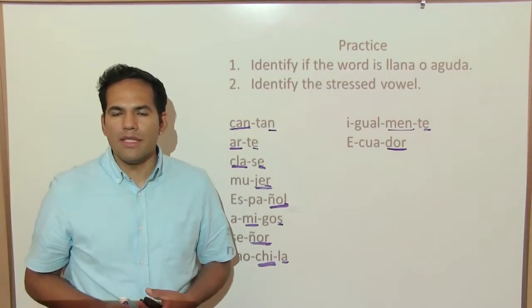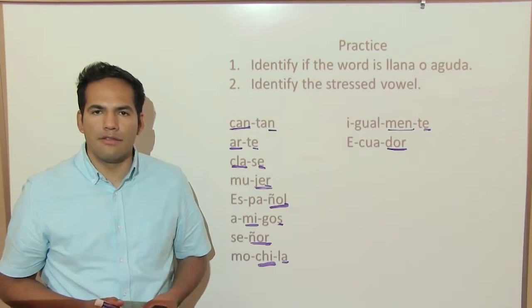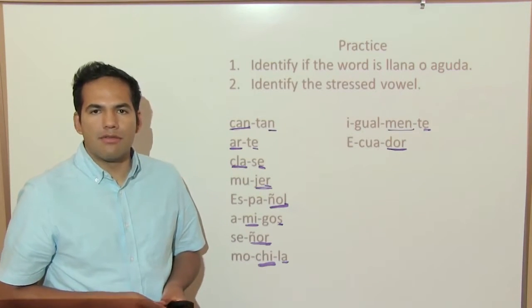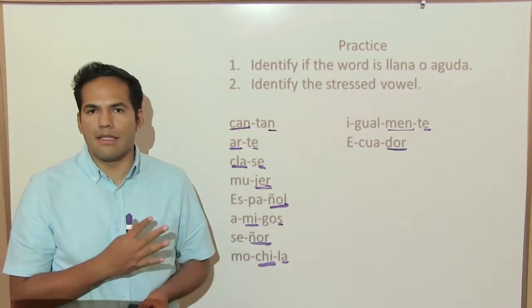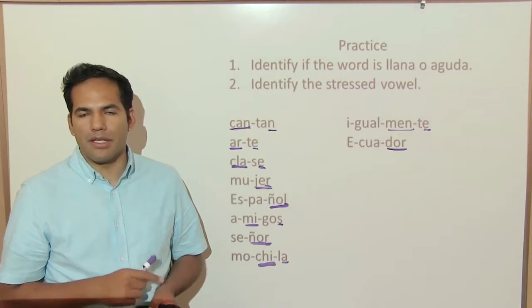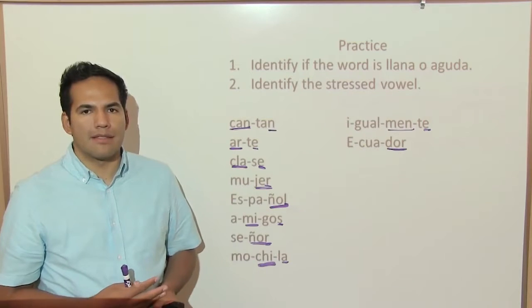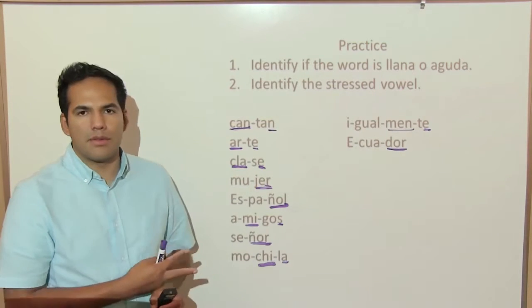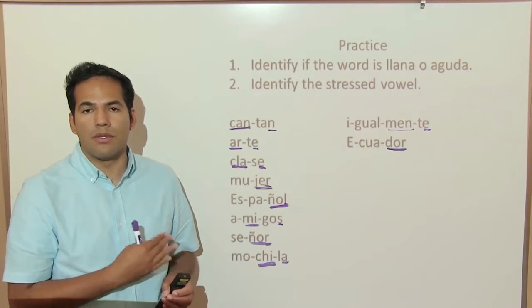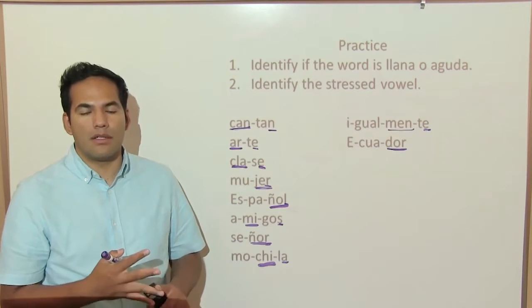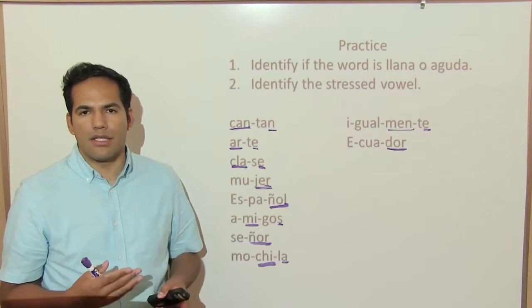Okay? So I hope this works as an introduction to stress in Spanish words. Just remember that whenever there's a marked accent on the word, that's the syllable you have to emphasize. But if there is no accent, these two rules will help you identify if the word is llana or aguda, and then place the stressed syllable